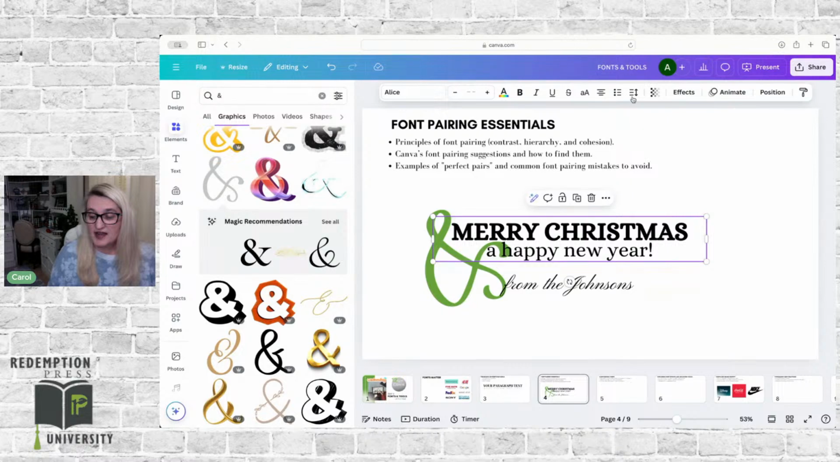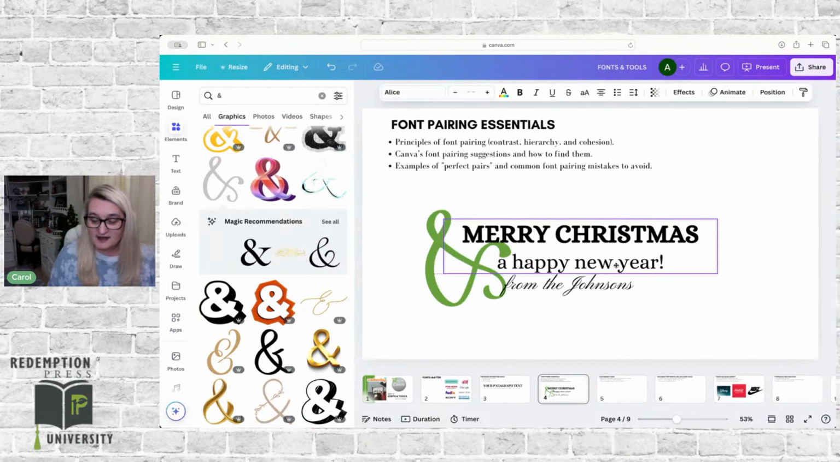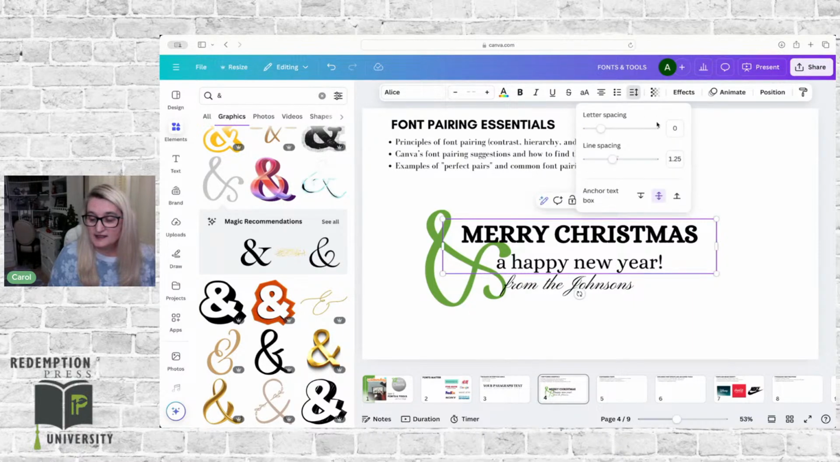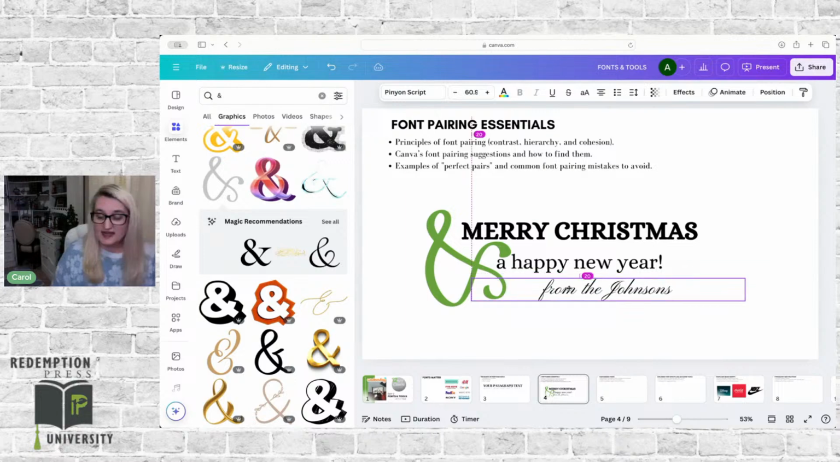Take my graphic and put back in some space between it so that I can have it a little more spaced. So it's not touching. There we go. And perhaps having that little hook kind of come over and be part of the happy and A. And then I can take my From the Johnsons and I can either center it. So I can do that, or I can maybe put it off to the side